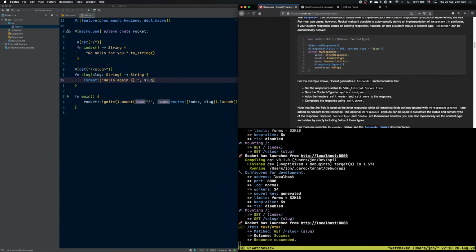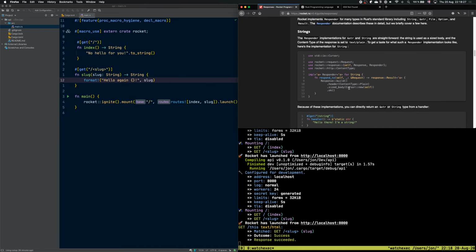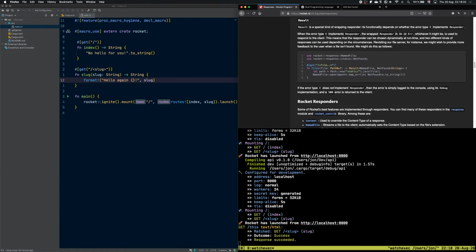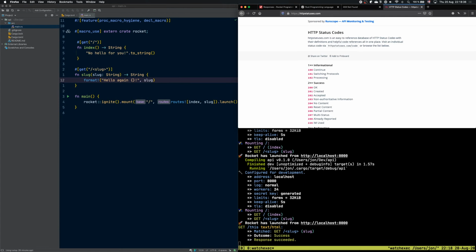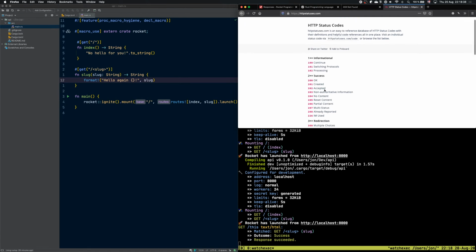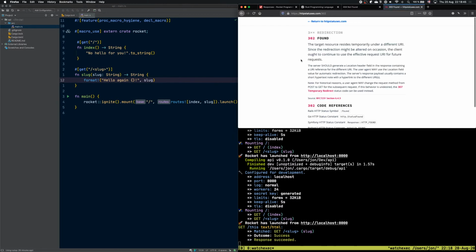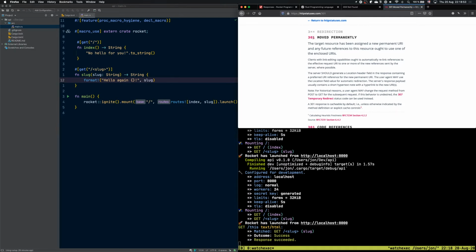Custom responders. I actually don't want a custom responder. I basically just want to return a 300. 302, if I remember correctly. I have no idea why I go around remembering HTTP status codes. I think it's this one. The target resource resides temporarily under a different URI. Yes, that sounds correct. Because the 301 is moved permanently, which is